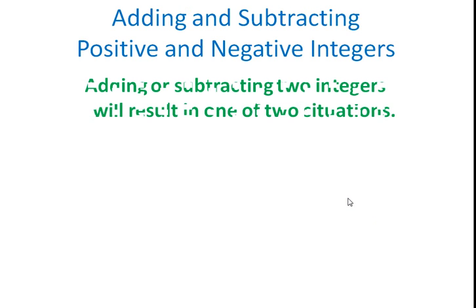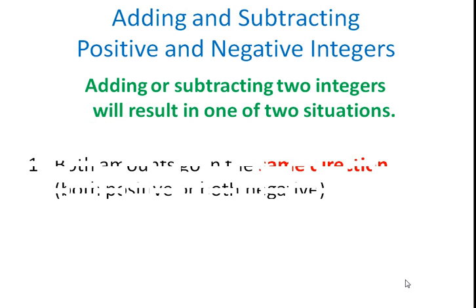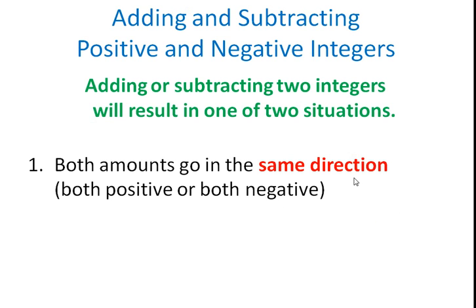Okay, we're going to take a look at adding and subtracting positive and negative integers. Adding or subtracting two integers will result in one of two situations. Either both amounts will go in the same direction. In other words, both will be positive or both negative. So for example,